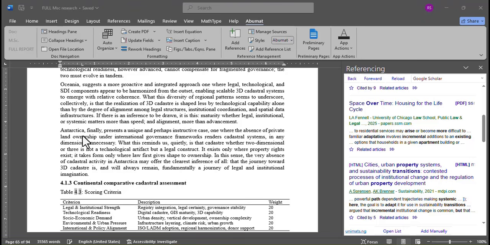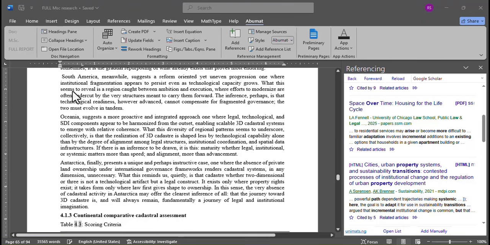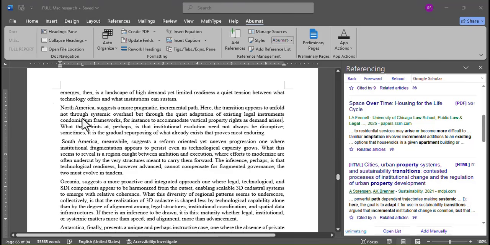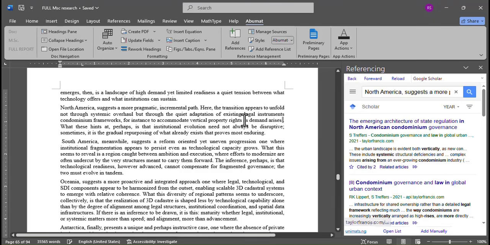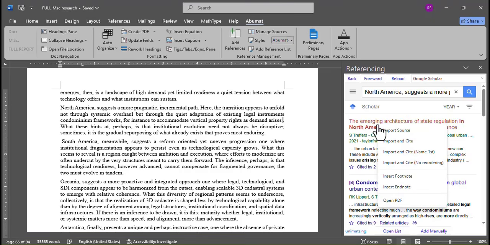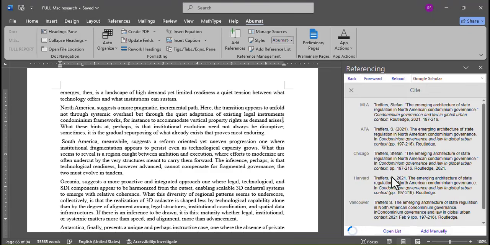All right. So if using the previous statement, we have this. Instead of having an in-text citation like we did in the previous video, in this case we will not have it here, but rather we are going to have a superscript number. So if I right click on this and then come down to insert footnote, once I click on it,